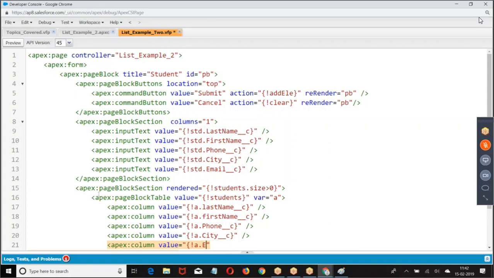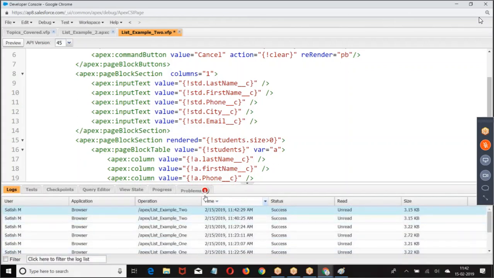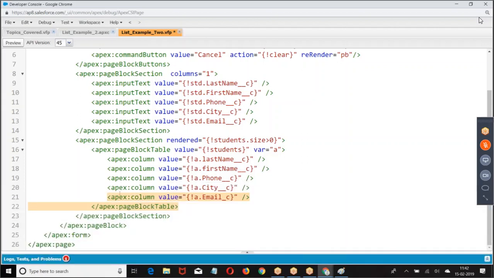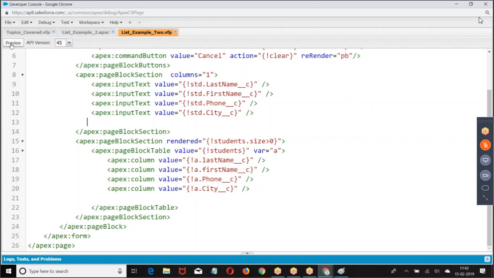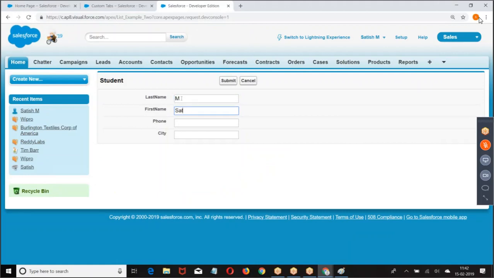Email. Now I'm displaying this. So there's a bug here. What is the bug? Student invalid field called email. I think there's no email field. Okay. This is how we got it. Have a preview. This is how I'm getting it here.